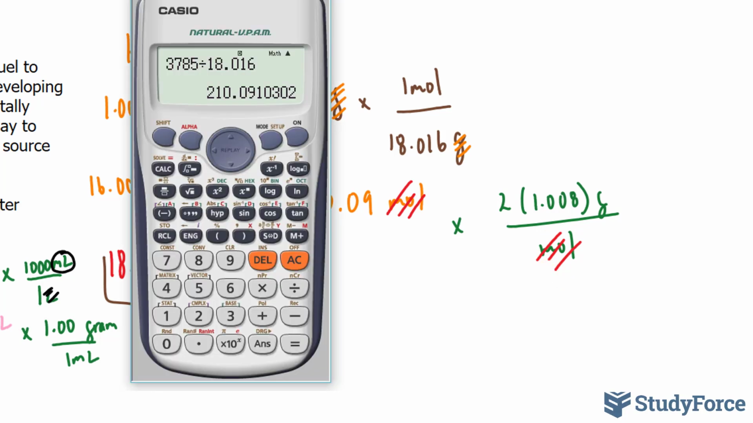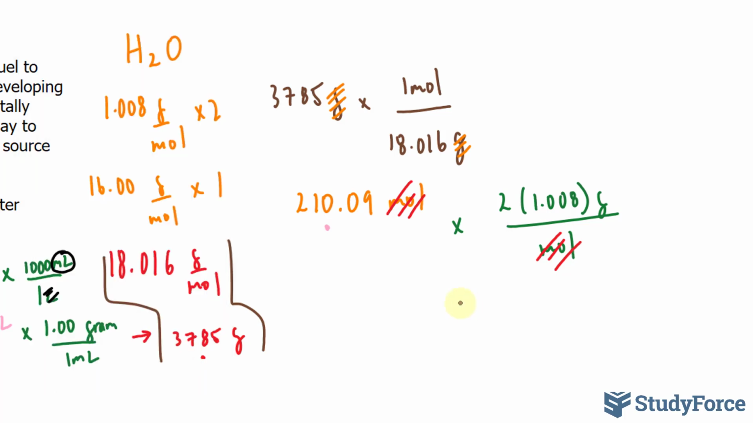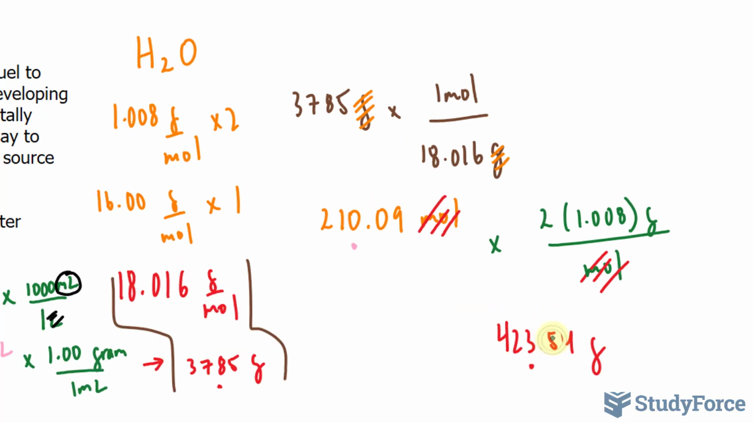Let's go ahead and see what happens if we plug this into our calculator. So this number times 2 times 1.008 gives us 423.54. 423.54 grams. Everything after this 3 is insignificant, although it's followed by a 5, and this number is odd, so this will go up by 1. We end up with